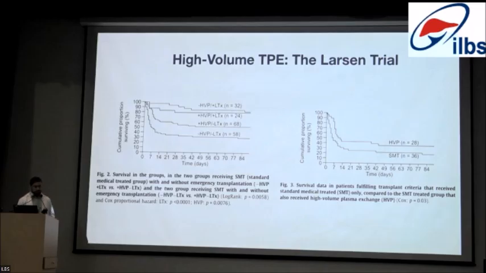If we see the subgroup analysis in this study, patients fulfilling the liver transplant criteria and receiving transplant, with or without plasma exchange, have better survival compared to patients who do not get a transplant. So we have to look at the literature in detail. This second graph shows the patients who fulfilled the liver transplant criteria but did not get a transplant. Their survival with plasma exchange is better than standard medical therapy, but much poorer than if they would have got a transplant. So we should aim for transplant.